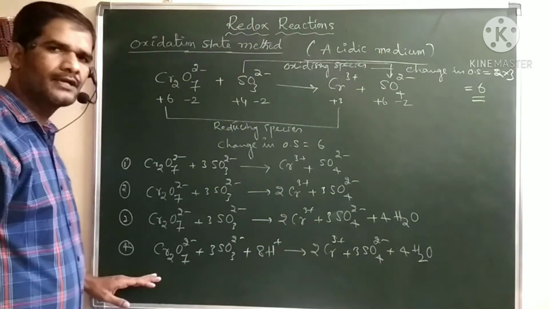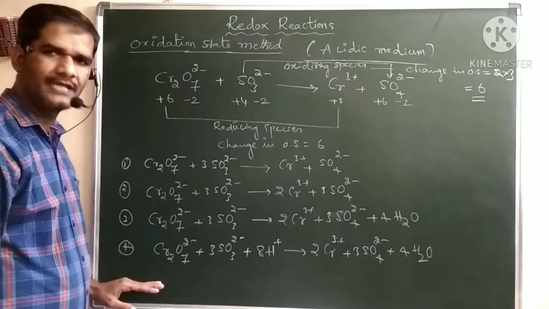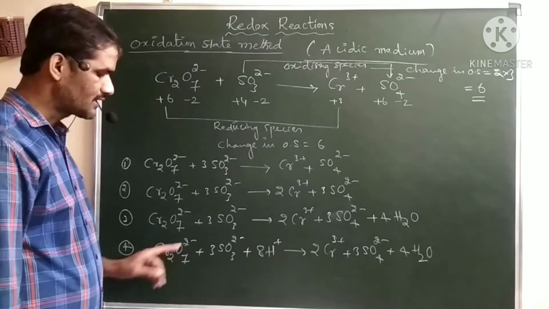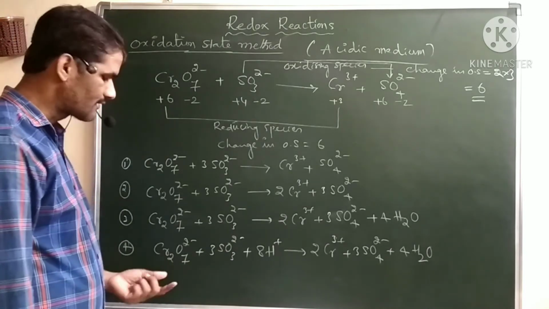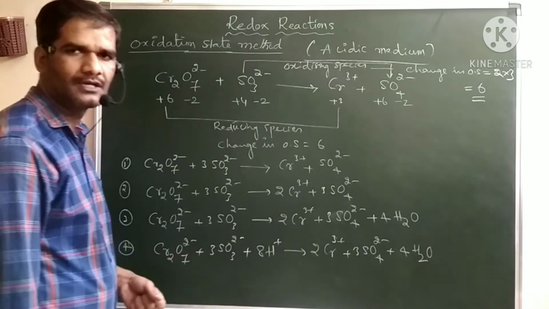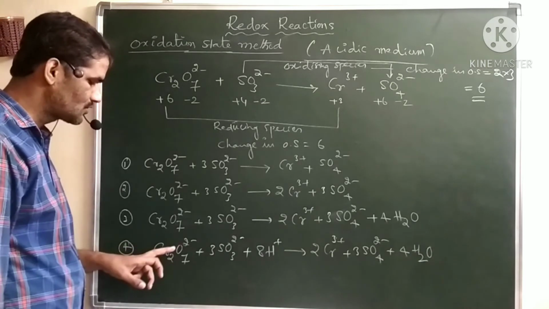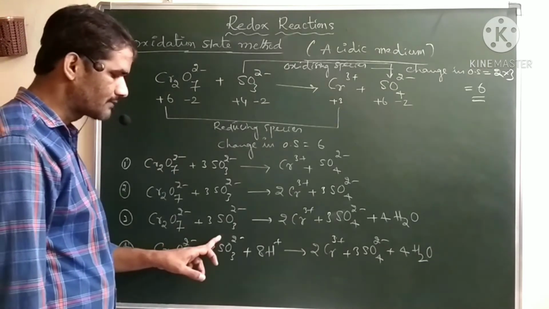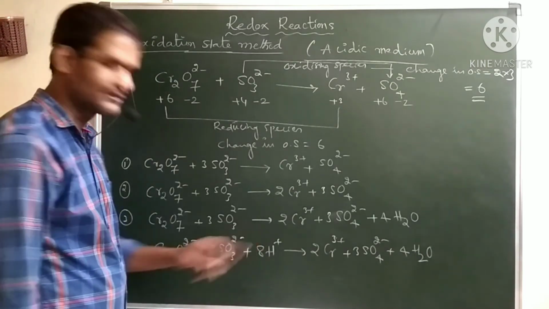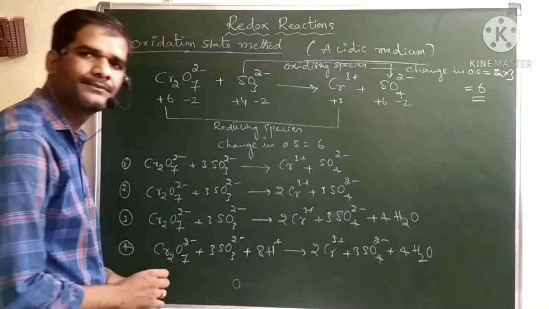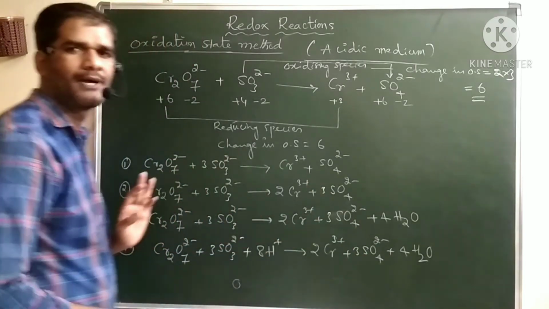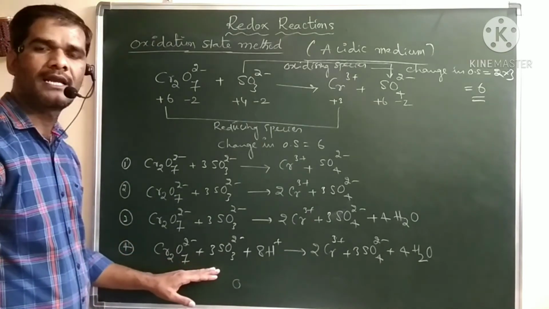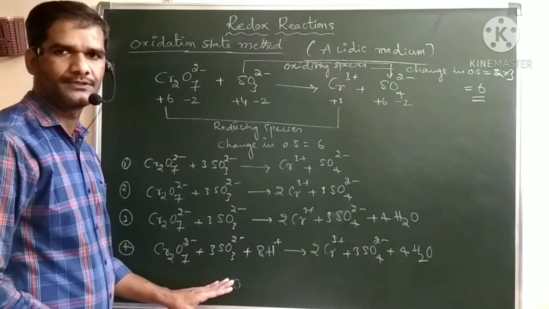So after this you can recheck whether the equation is balanced or not. By checking first, you check whether the charge is balanced or not, and after that you check whether the elements are balanced or not. Now we'll see here first charge 2 minus, 6 minus, 8 minus and 8 plus. So left side charge is balanced. Right side also 6 plus 6 minus. Right side also charge is balanced. Now the equation is balanced with respect to the charge.